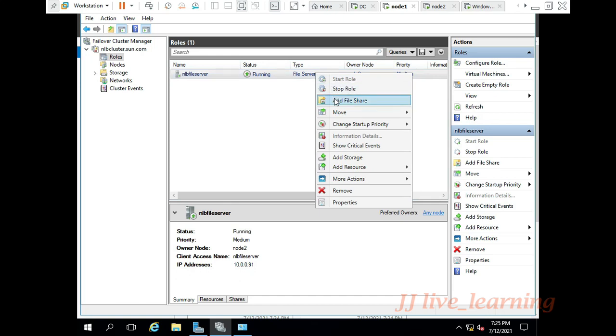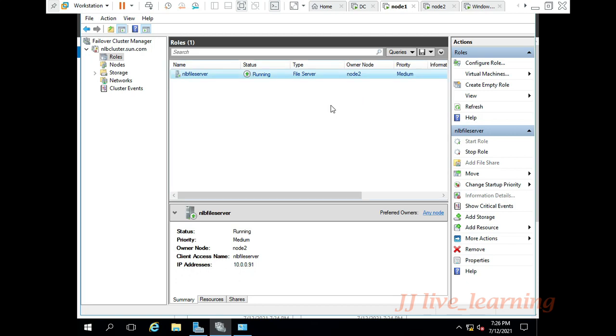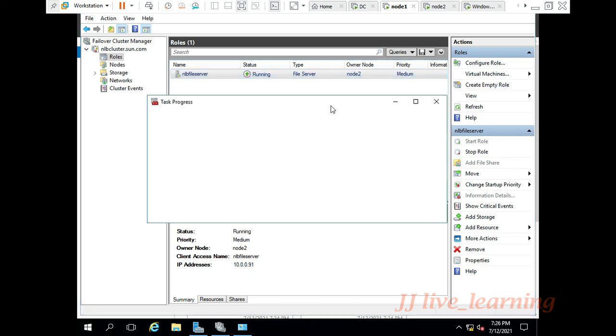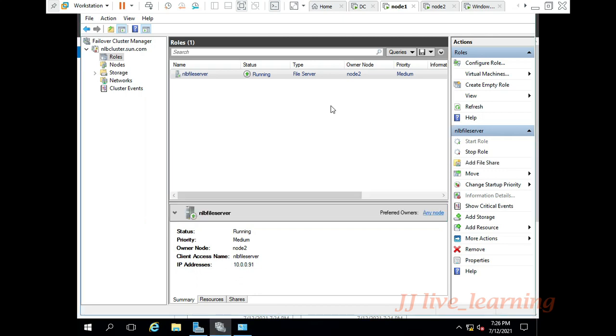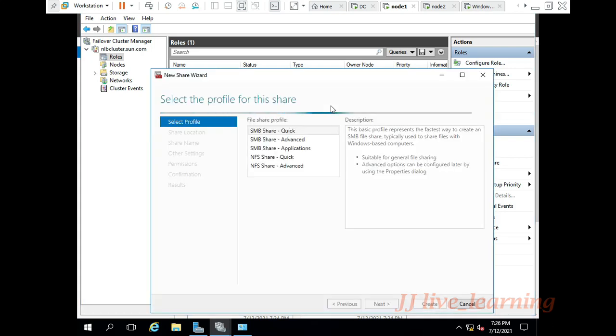Now we are creating a file share. On your file server, we are creating a file share directory. So we are starting your SMB quick share.